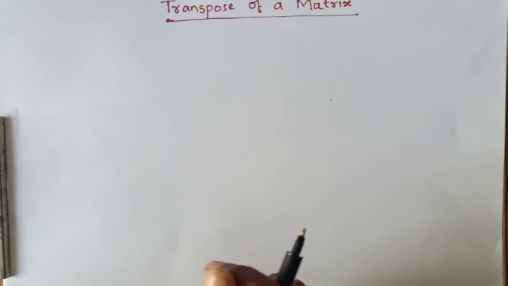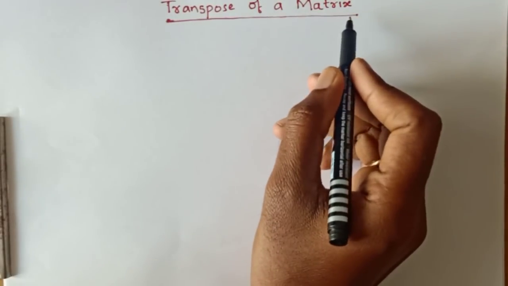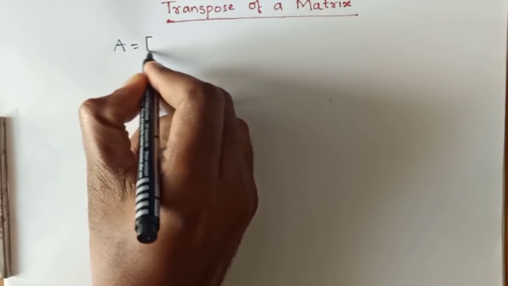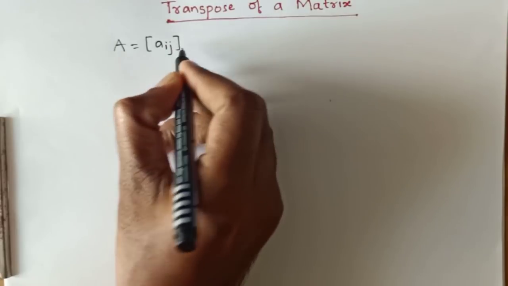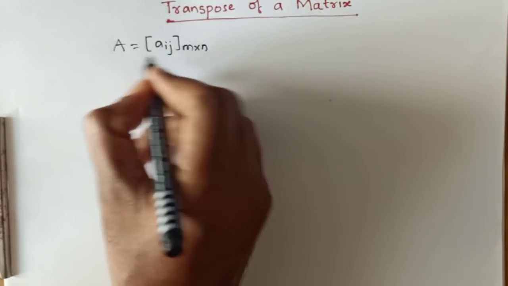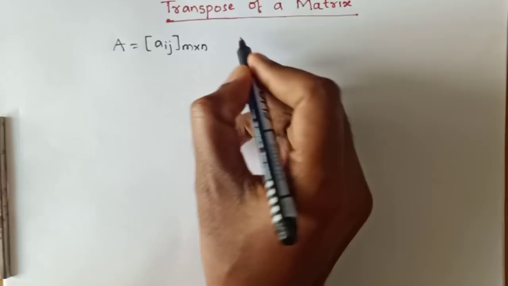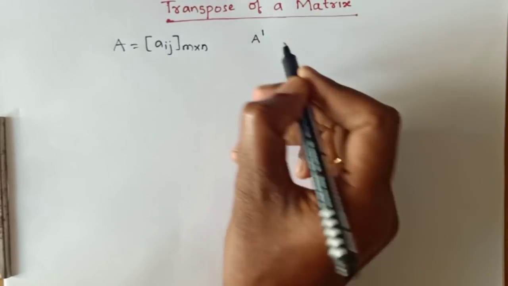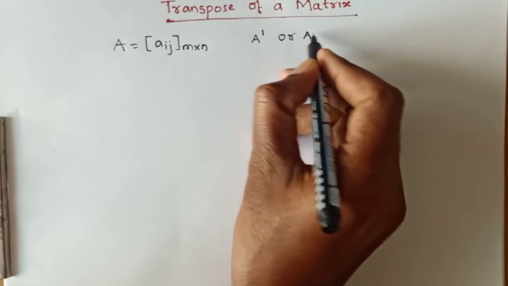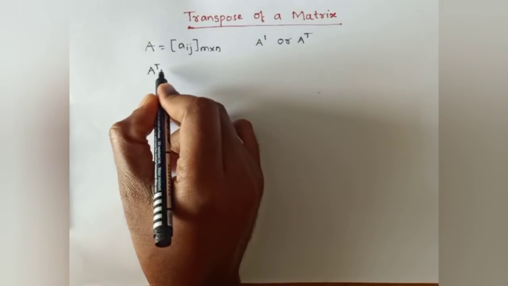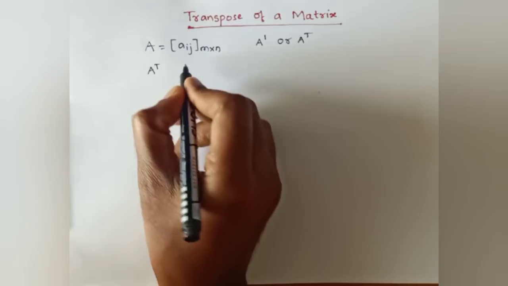Dear students, now we will discuss a new concept about matrices: the transpose of a matrix. Let us consider a matrix A = [aij] of order m by n. The transpose of this matrix is denoted by A prime or A transpose, and the matrix A transpose is also a matrix which is obtained by